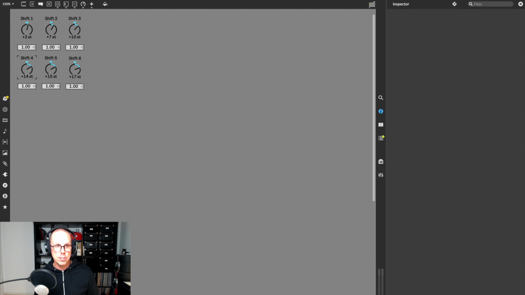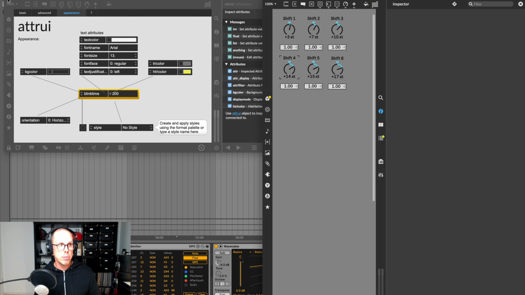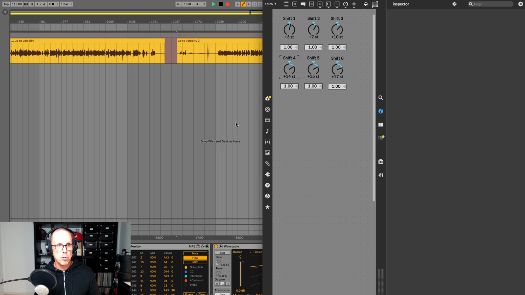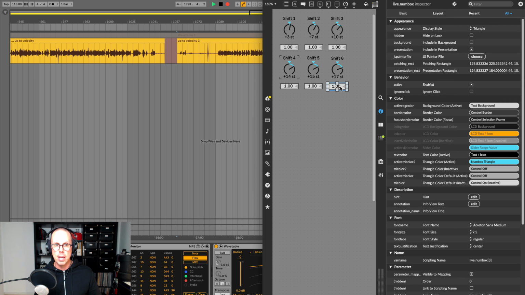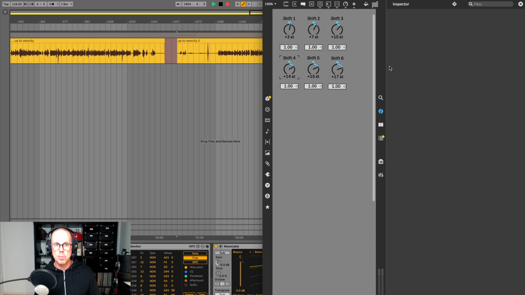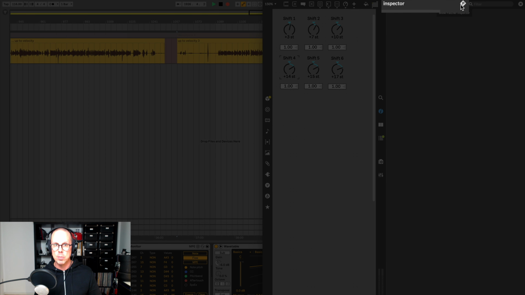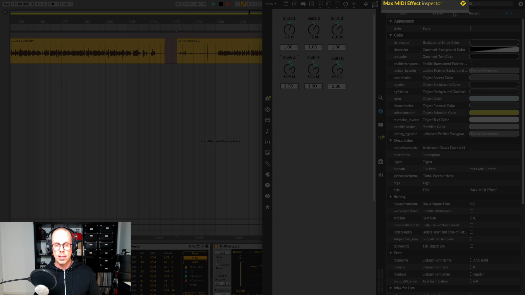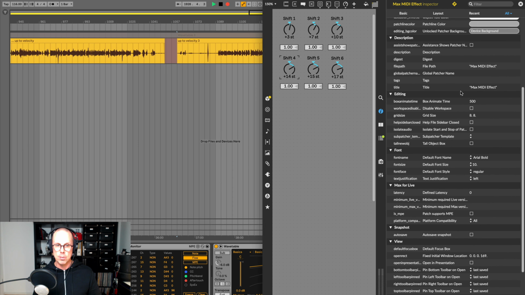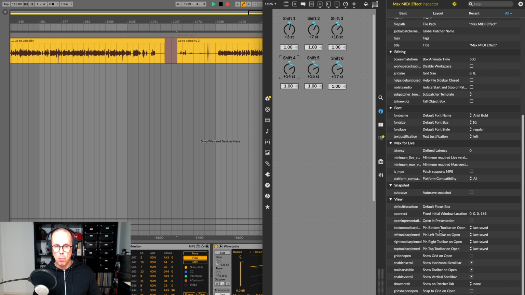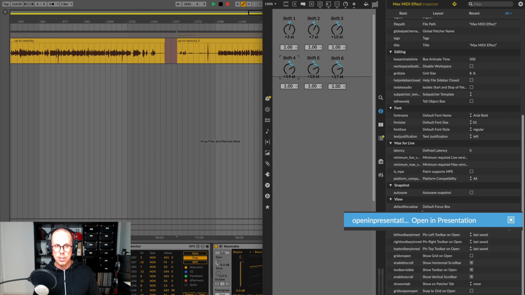The one remaining thing to do, and really the only remaining thing to do, is to define that we want our patch to open in the presentation view. And just like we had an inspector for objects, there's also an inspector for the patch itself. So if we don't have an object selected, the inspector gets this little P button, and that's where we specify this. There's lots of things we can specify here, but one of them is open in presentation. And now we see our little